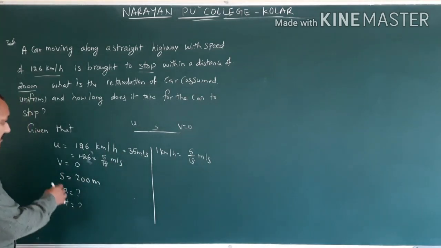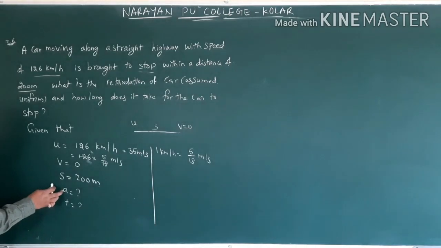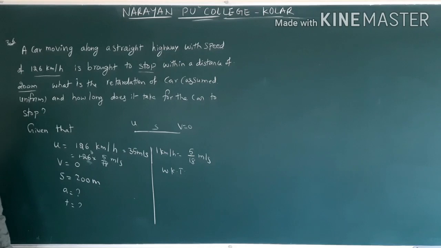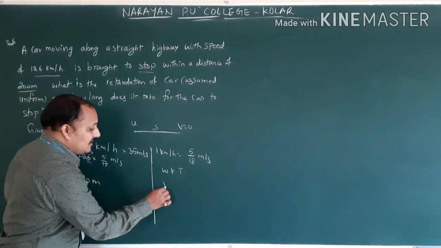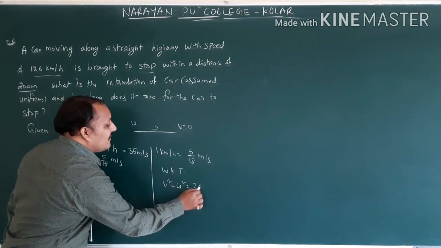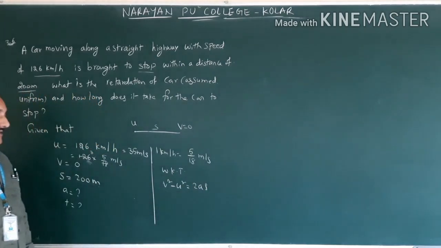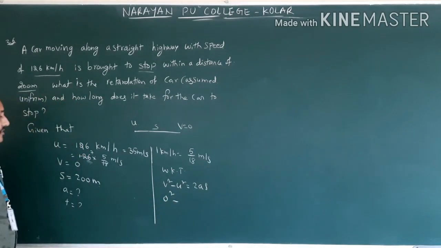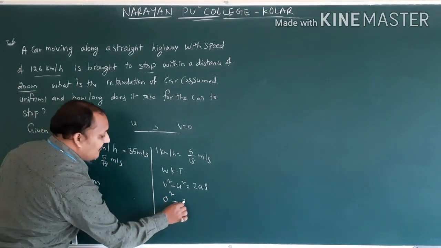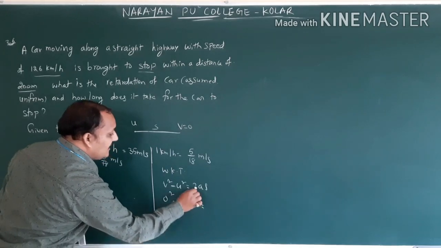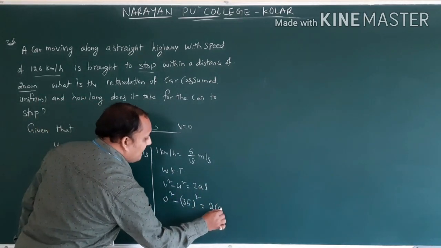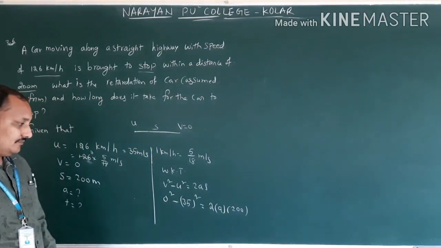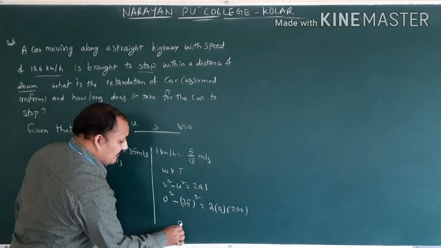Now using u, v, s we should calculate a. Which equation out of the 3 equations should we apply? We know that v square minus u square equals 2as. What is final velocity? 0. So 0 square minus u square, where u value we got is 35, whole square, is equal to 2 into a into s, where s is 200. Now a is equal to,